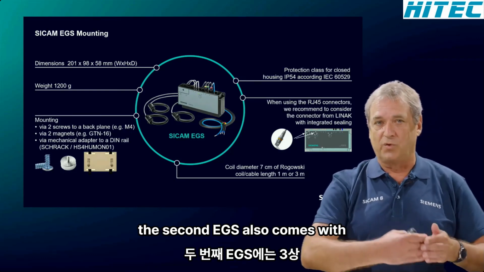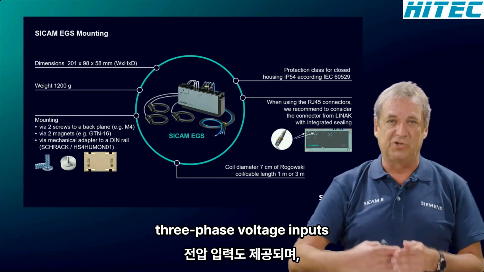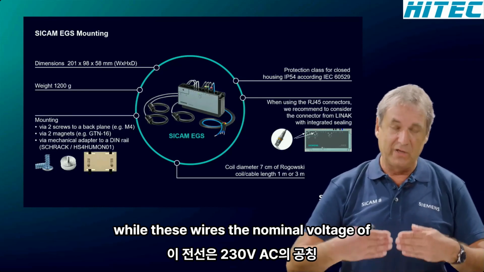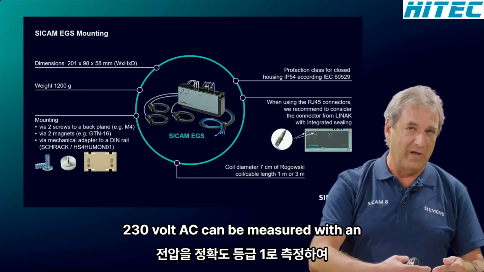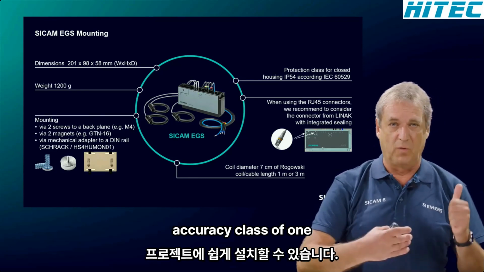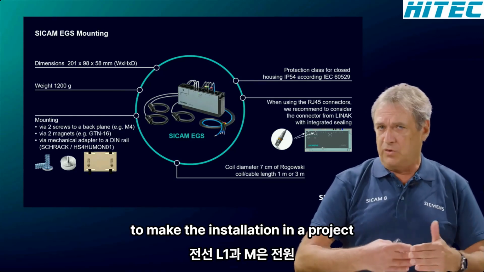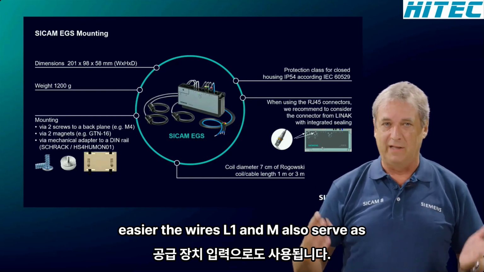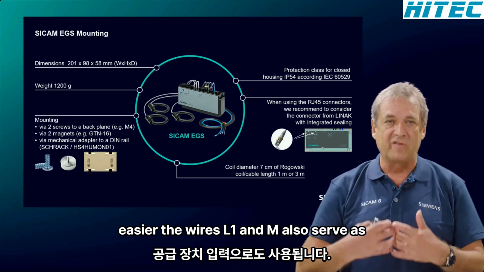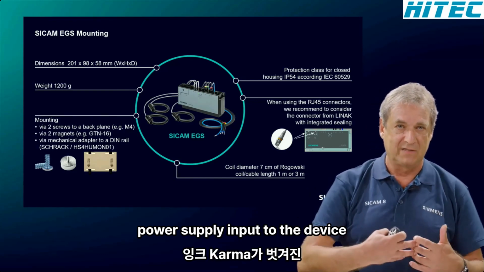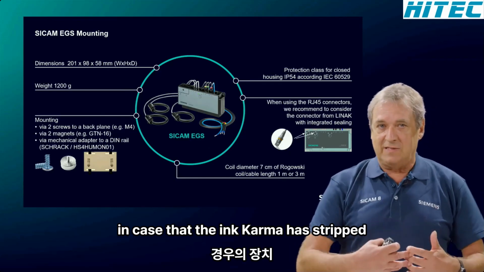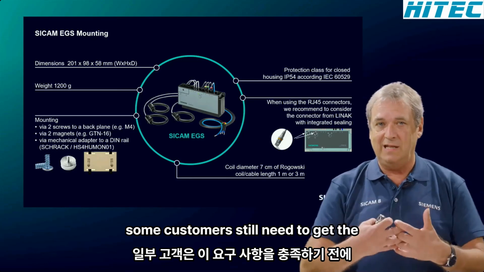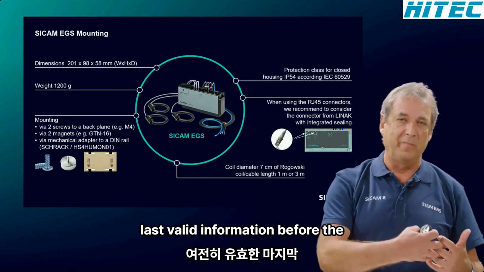The SICAM EGS also comes with 3-phase voltage inputs. Via these wires, the nominal voltage of 230 volt AC can be measured with an accuracy class of 1. To make the installation in a project easier, the wires L1 and N also serve as power supply input to the device. In case that the incomer has tripped, some customers still need to get the last valid information before